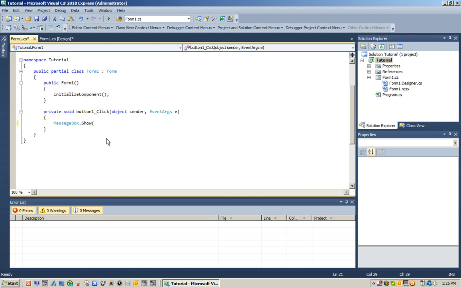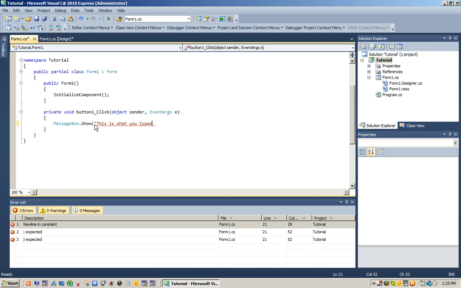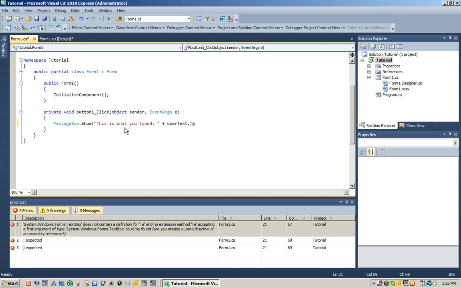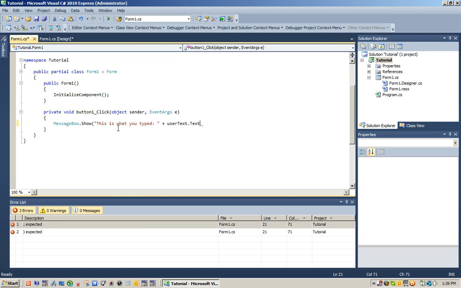box.show left parenthesis quotes, this is what you typed. So the stuff in quotes is going to be just plain text, and then we're going to do a plus sign if you want to add any more text or variables, etc. So we're going to add the user text dot text, and putting dot text will convert it to text. So then we're not going to end this yet, because we're going to put a comma, and we're going to